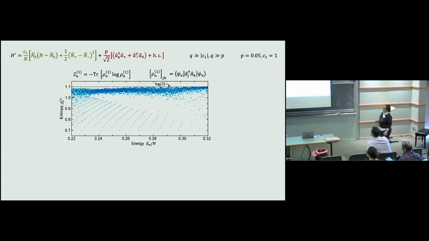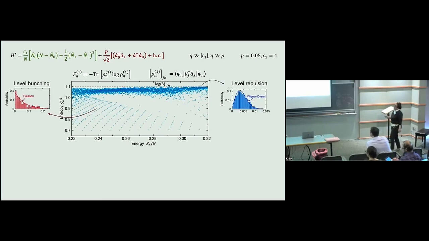So first, we're going to look at the spectral properties. When we look at the entanglement entropy for the system, keep in mind this is a gas, so we're actually looking at the particle entanglement entropy. That is the entanglement of an atom to the rest of the ensemble. We find two different types of states in this system. Also keep in mind that we're looking in the middle of the spectrum. Most of the states are saturating the high entropy here, and these actually show level repulsion. And then there are some states in this regular fashion here,